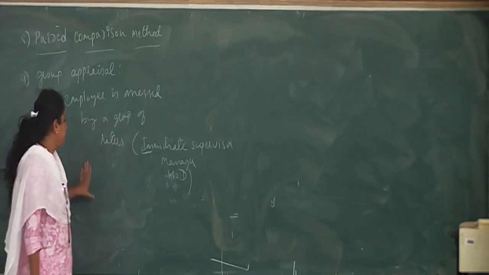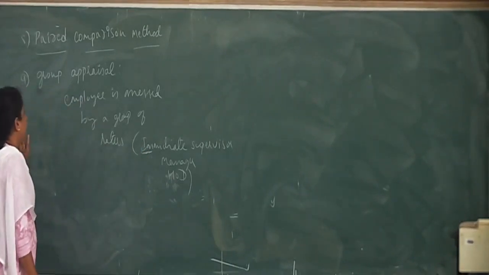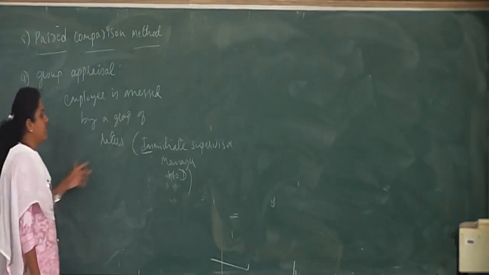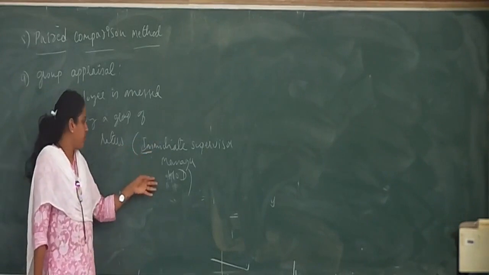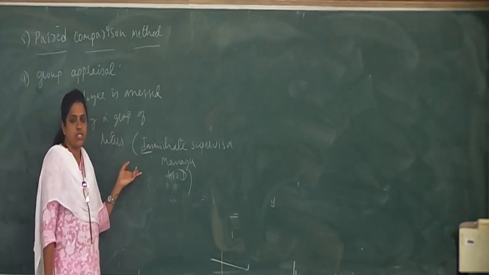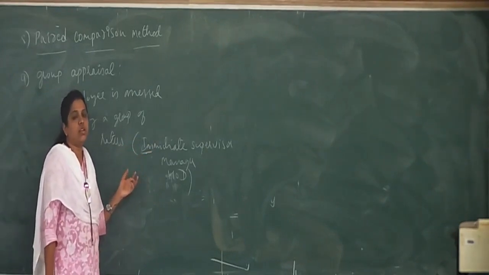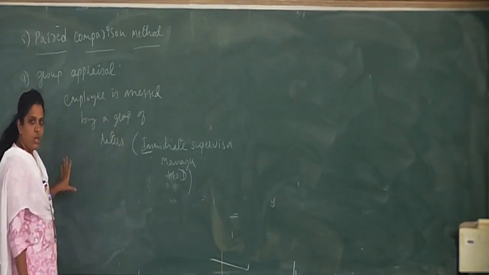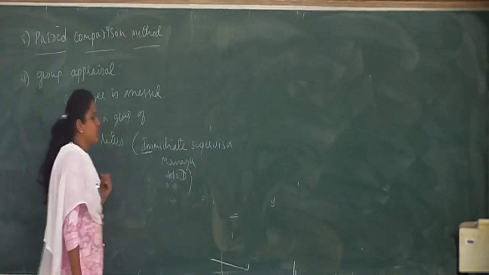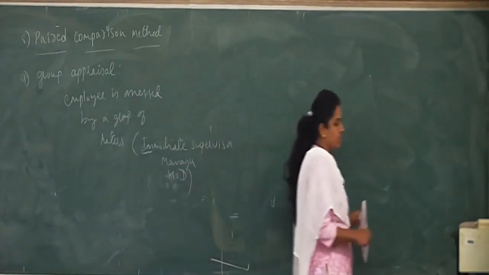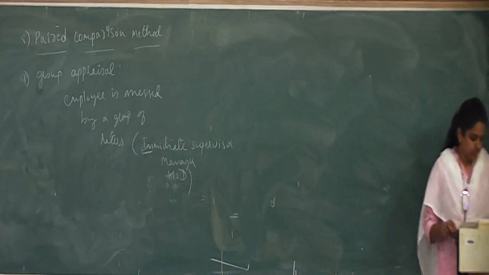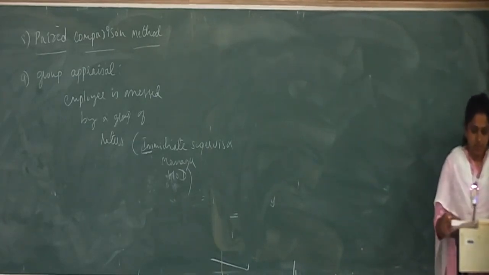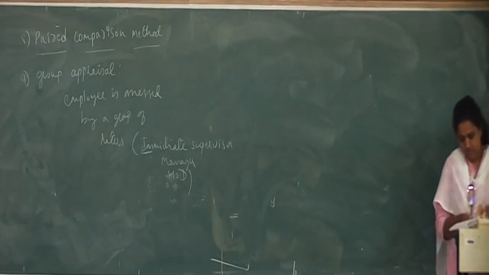Okay, so here again the limitation is that the people involved in the rating process may not agree with each other sometimes. That is a limitation that can be ignored. Okay, so this is the last of the traditional methods of performance appraisal. Hope you have understood all these methods.